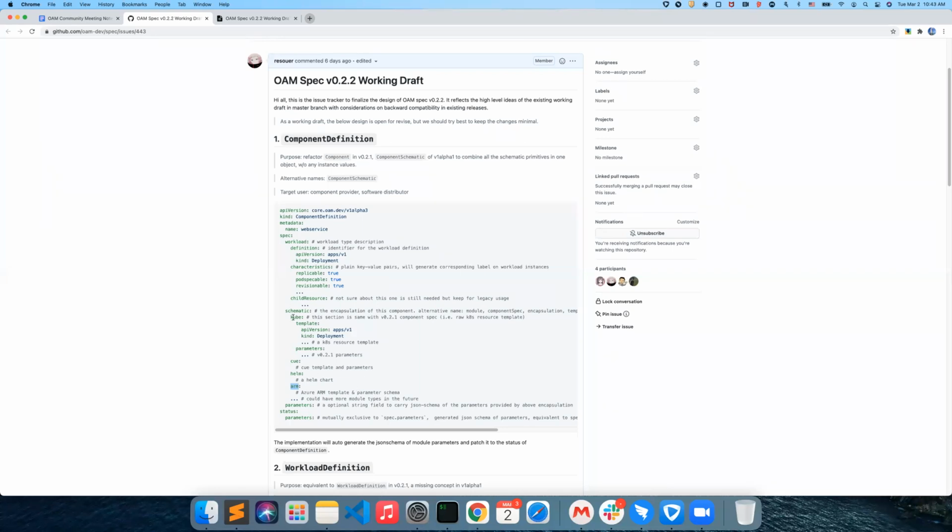So this is the second section, whose name is schematic. We also support what exists today, like CUE and Kubernetes raw resources, and we will also add Helm support in this section, and we expect the community to contribute more, like ARM, like CloudFormation, like Terraform. So this is the second section, and the third section